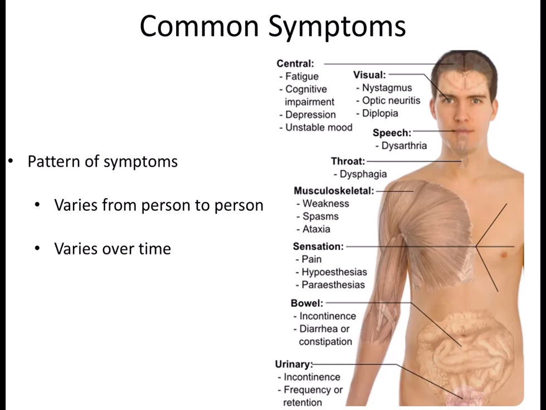And one of the problems with MS is that since not everyone develops the same symptoms at the same time, it's difficult to diagnose. We'll talk about that a little bit later. The other big problem is that a lot of these symptoms are just that, symptoms. They're not really signs. They're very evident to the person. So, for example, they might be more tired, or they might be feeling weak, or they might have pins and needles in their hand, which are often an initial symptom, but that doesn't really mean anything.